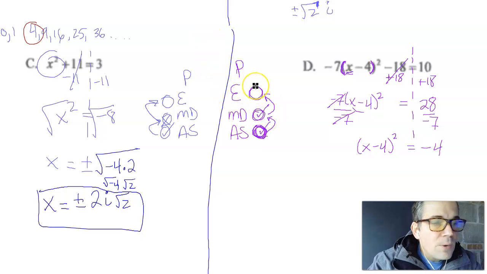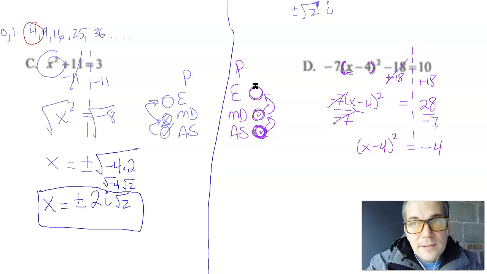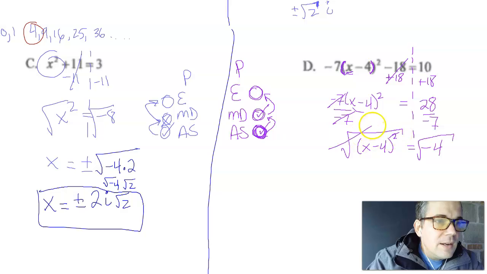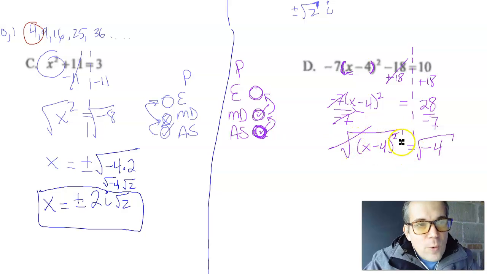Are there any exponents outside of the parentheses? Yes, there are. There's a squared. Let me get rid of it. Square rooting, square rooting. Ding, ding. Now that that squared is gone,